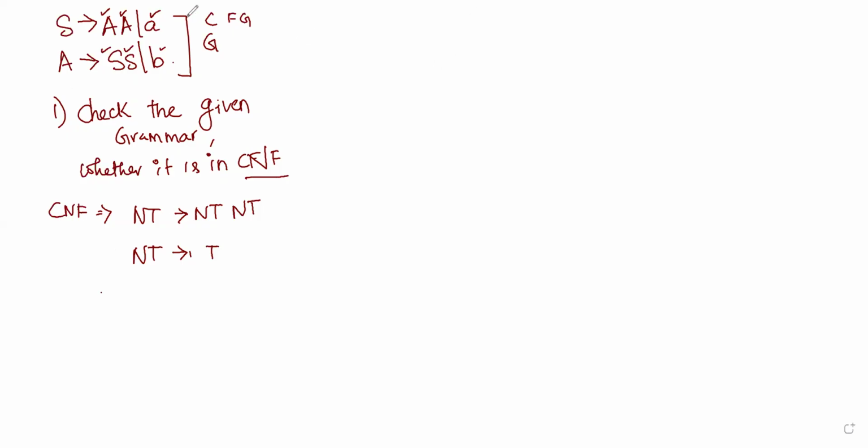If it is in CNF, you leave it. If not, you convert it into CNF. The grammar that I have taken is in CNF, so I'm just leaving it. Now my second step. The second step is make all non-terminals as